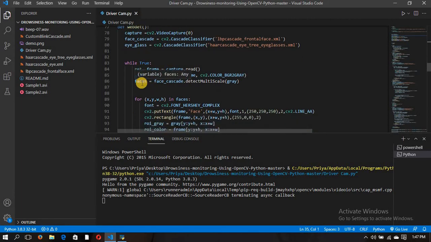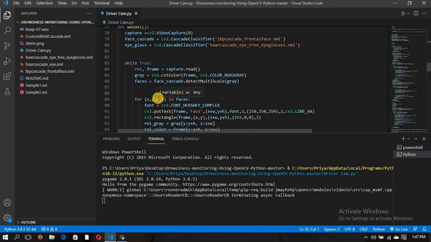The change is that faces equals face cascade.detectMultiScale gray. The detectMultiScale function is used for detecting the face region of the video to be fed to the eyes classifier. The face data is stored as a tuple of coordinates, like x, y, width and height. These are the variables that we have declared.